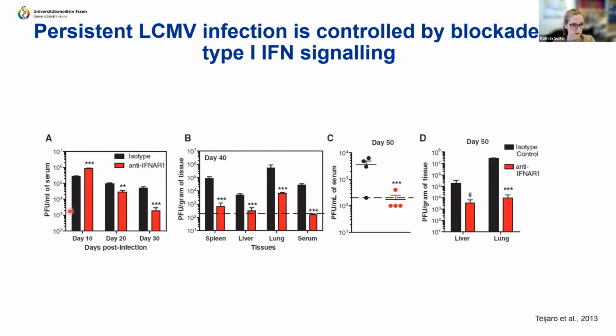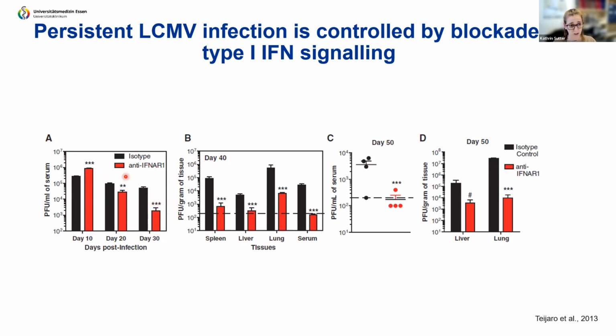So what they see in the beginning of the infection, so day 10, is a higher viral replication when the type 1 interferon is blocked. So they said, okay, during acute infection, it's really important to control the virus. However, what they saw at later time,